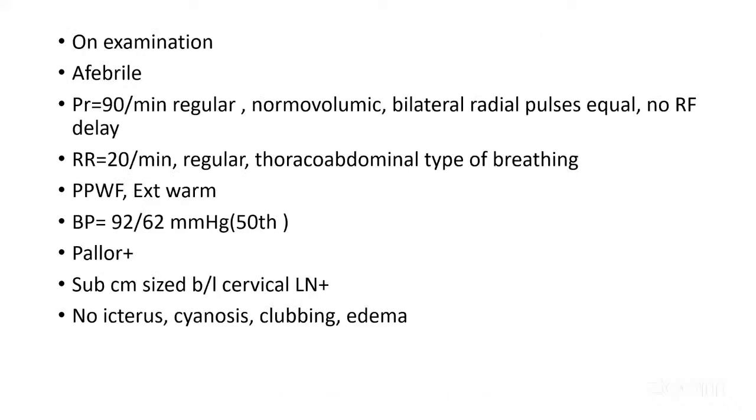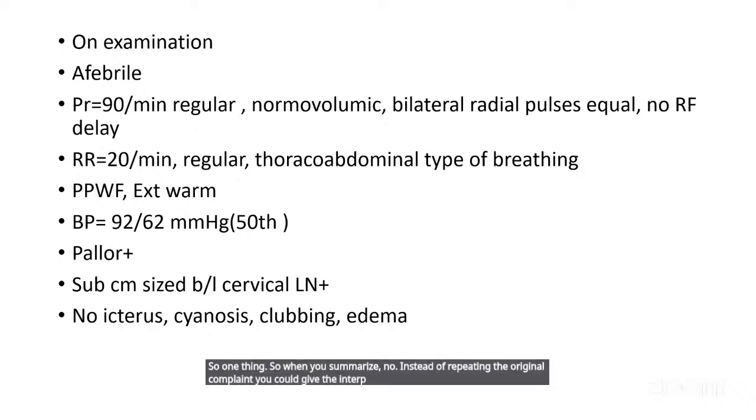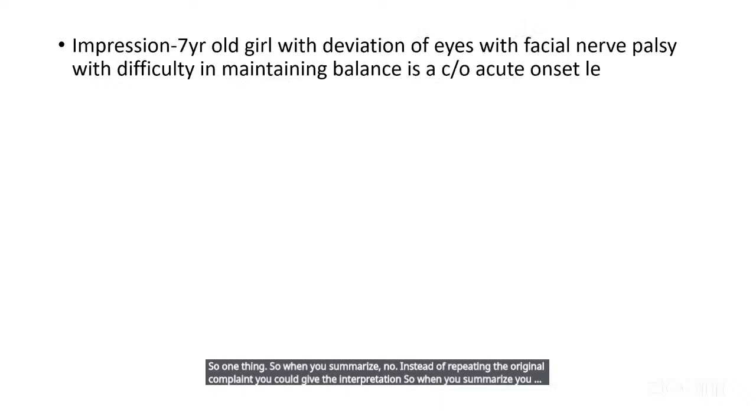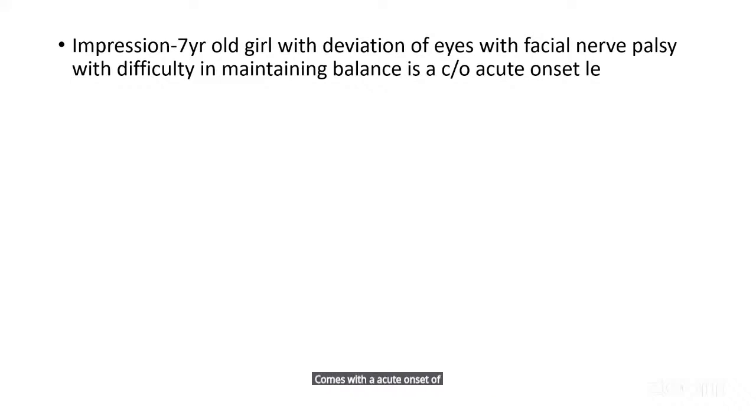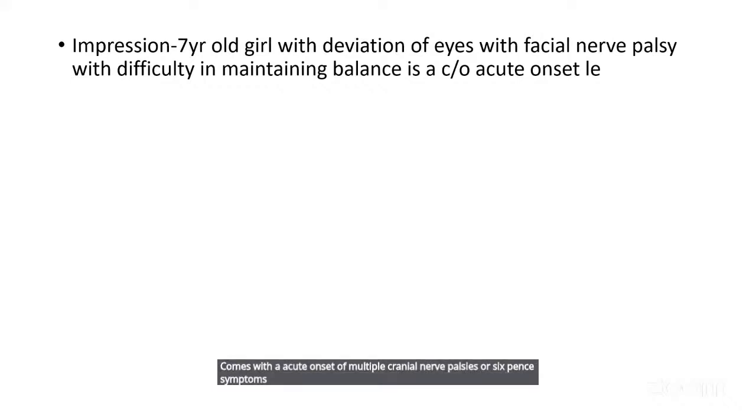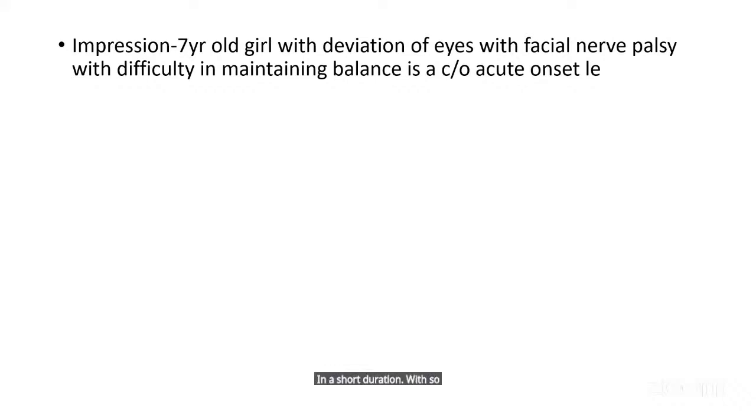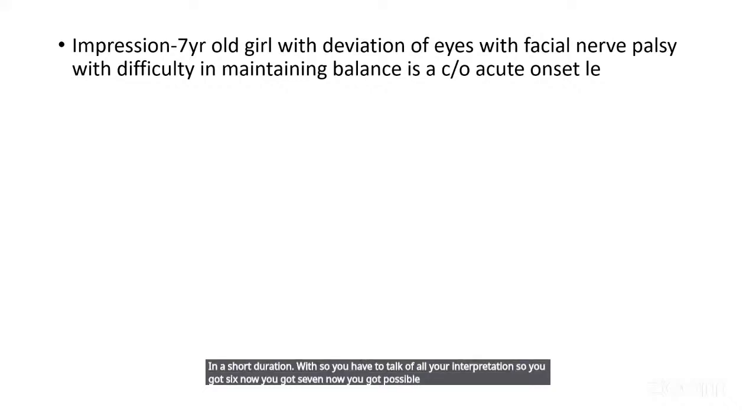So when you summarize, instead of repeating the original complaint, you could give the interpretation. You say that a 7-year-old, totally normal child or developmentally normal girl, comes with an acute onset of multiple cranial nerve palsies, symptoms and signs suggestive of cranial nerve palsies in a short duration. So you have to talk of all your interpretation. So you got 6 now, you got 7 now, you got possible cerebellum on history,